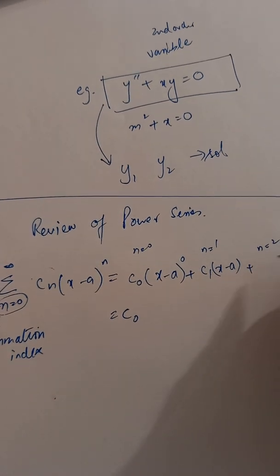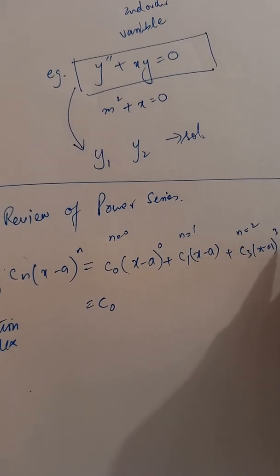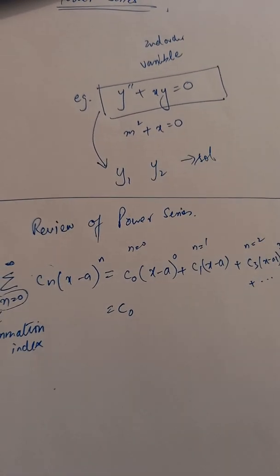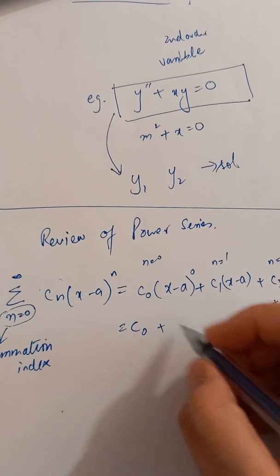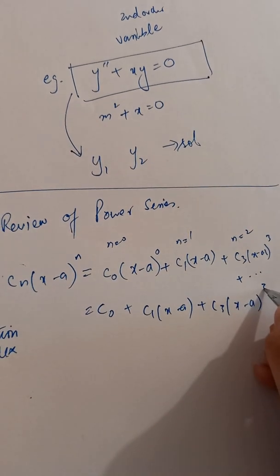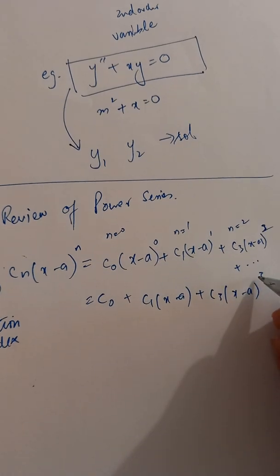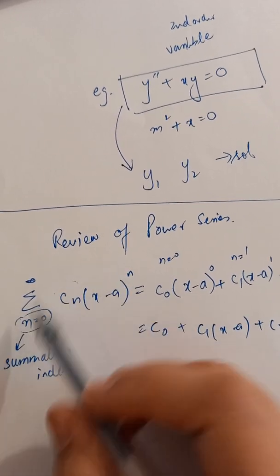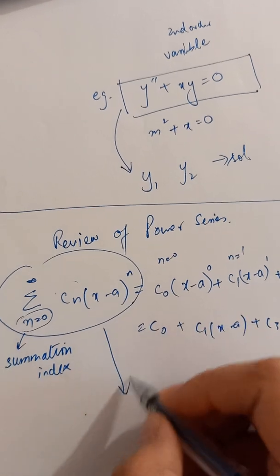If we put in n equals to 2, the third term will appear, that will be c2 x minus a whole power square, and so on, right? So this is an infinite series, so the terms will go on and on as we put in different values of n. And upon simplification, this will look like this, plus c2 x minus a whole power 2, and so on. Okay, so just look at this series. This whole thing is basically called